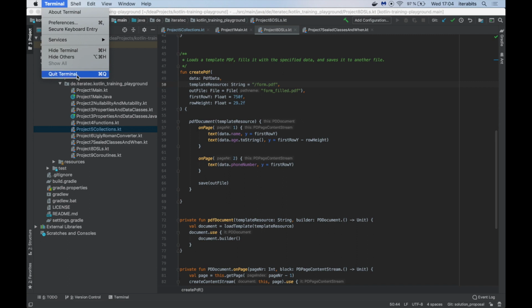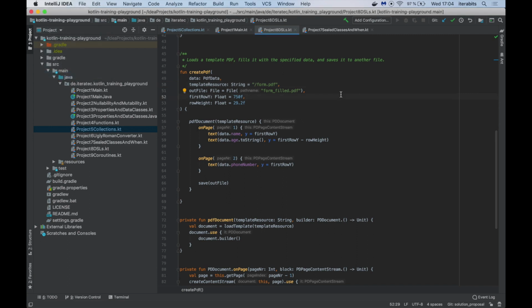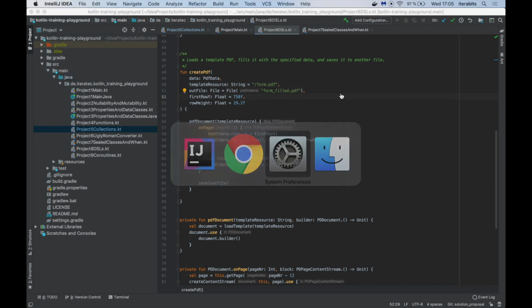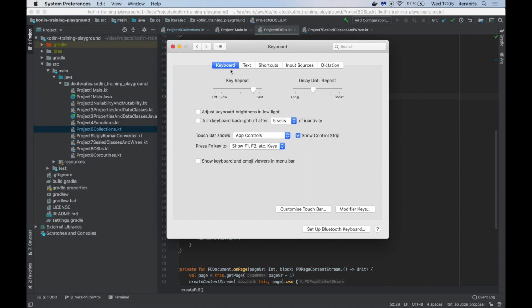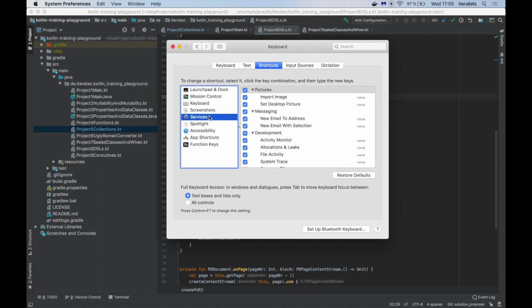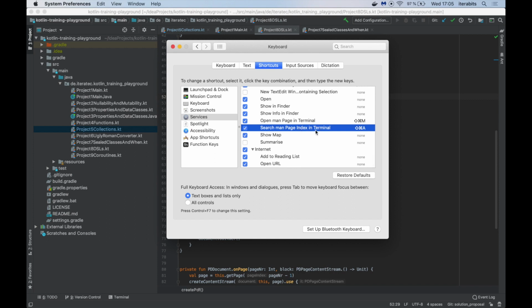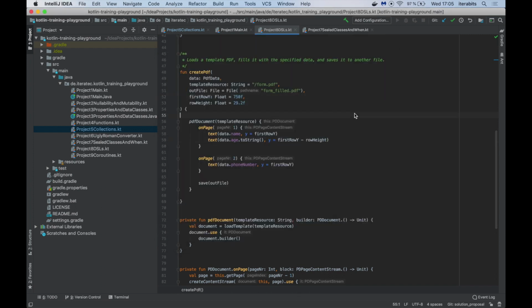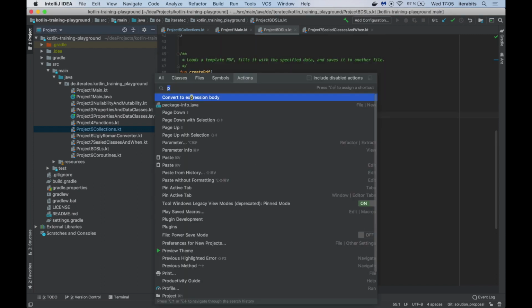And the tip I have for you here is you can open the system preferences, go to keyboard settings, go to shortcuts, services, and then there is this search man page index in terminal. This is the one, Command-Shift-A. You can just disable that, and now we can have IntelliJ handling the shortcut for us. So Command-Shift-A,